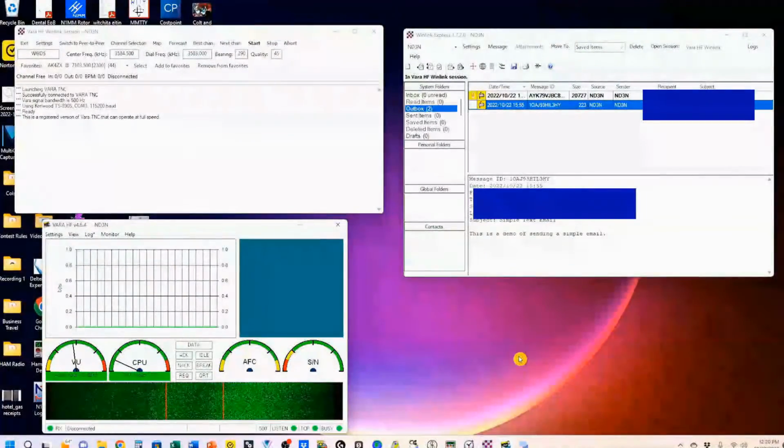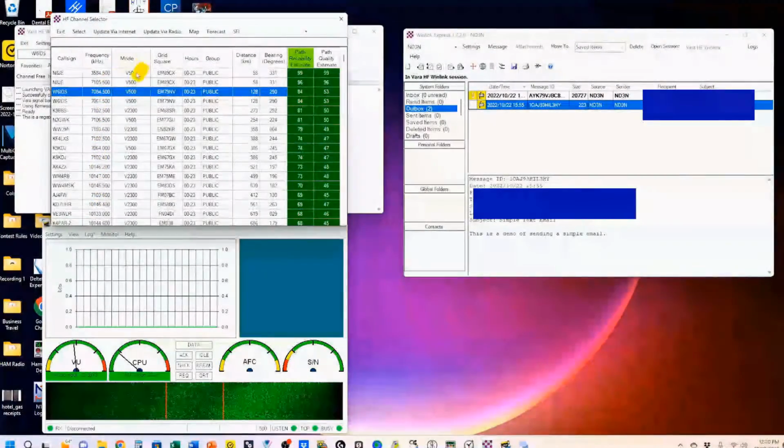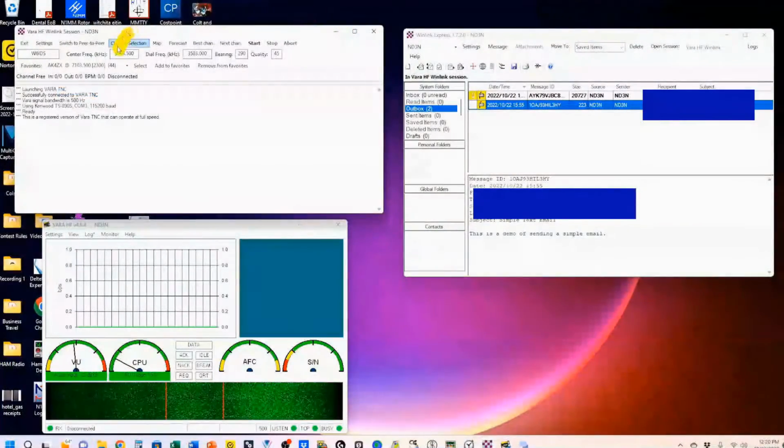So now let's go ahead and send these emails. We start by picking a channel. So you can see I've got a lot of channels here, and the ones that seem to work best for me are these W6 IDS. They're located about 60 miles as the crow flies from me. So I do have them saved up here in my favorites, and I'm going to go to the